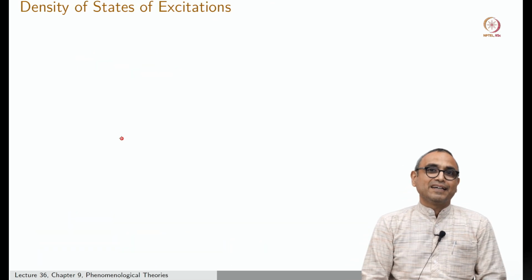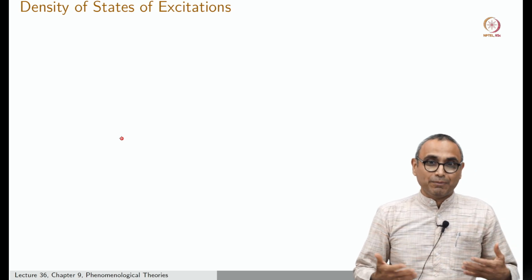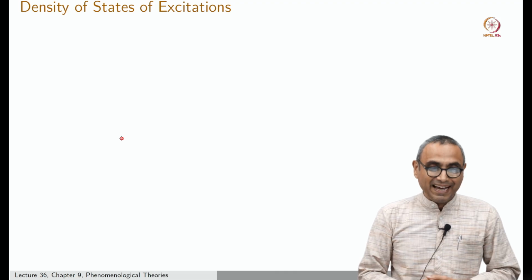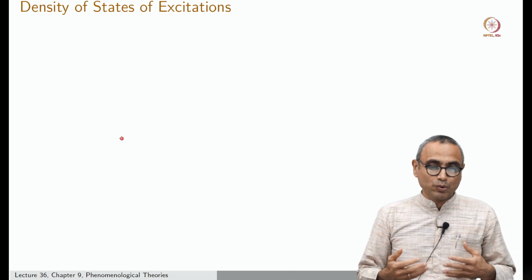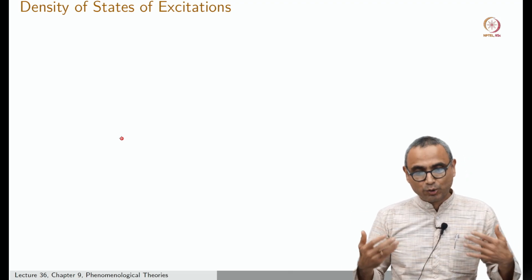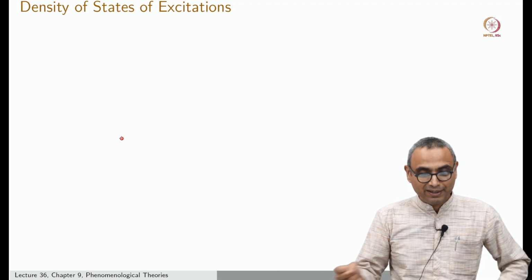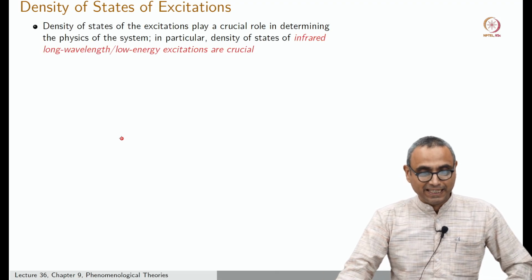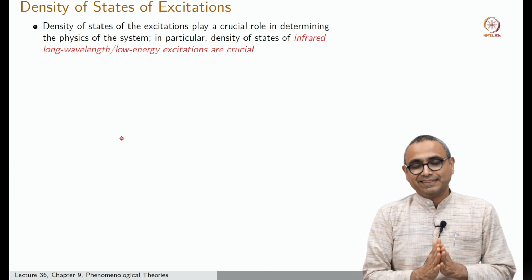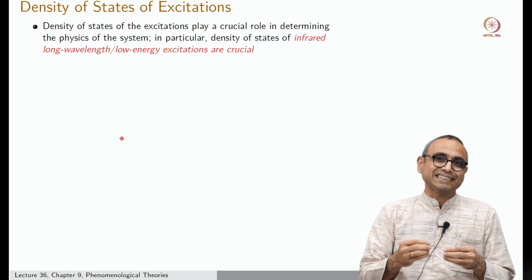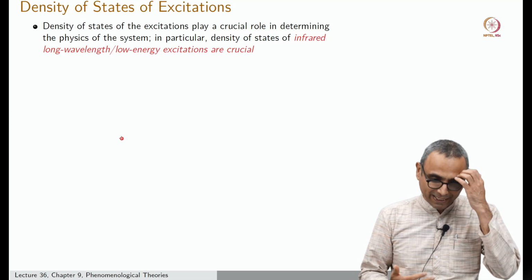Okay. So we have now explored excitations above the saddle point. Now we will try to get a deeper insight into what these excitations are doing for us and how we can understand some of the results that we found within the SPGA. So the density of states of excitations, namely how many excitations there are of a given energy per unit volume of your system. That is what we mean by density of states.